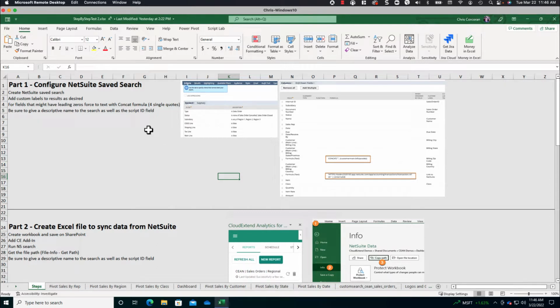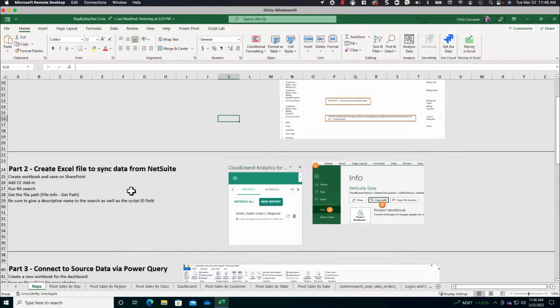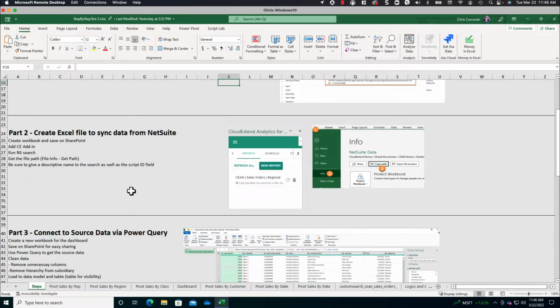So the first thing we're going to do is create a save search in NetSuite, and that's going to be our source for the Excel file. Second, we're going to create an Excel file, and we're going to load CloudExtend Excel Analytics for NetSuite, and we're going to show how you can set that search on a schedule, so we'll update automatically and refresh in the